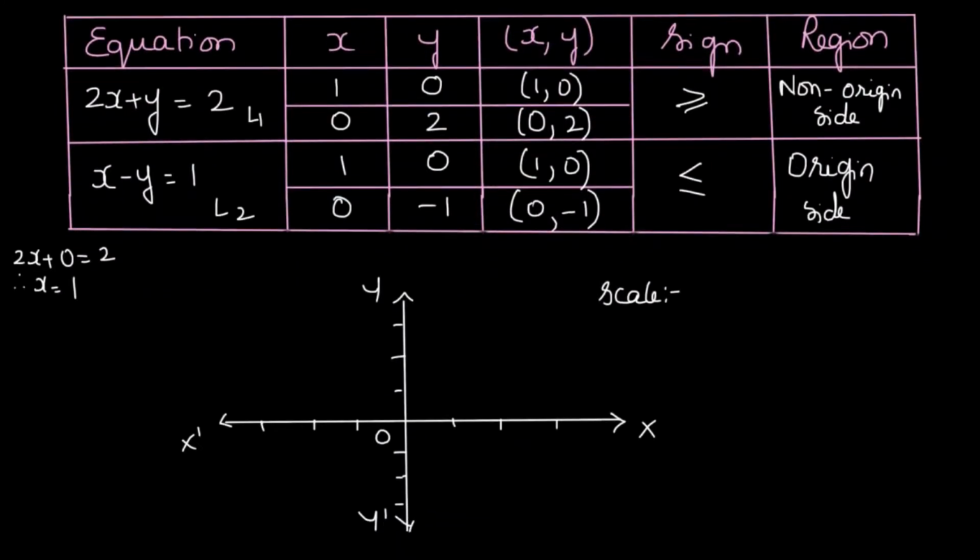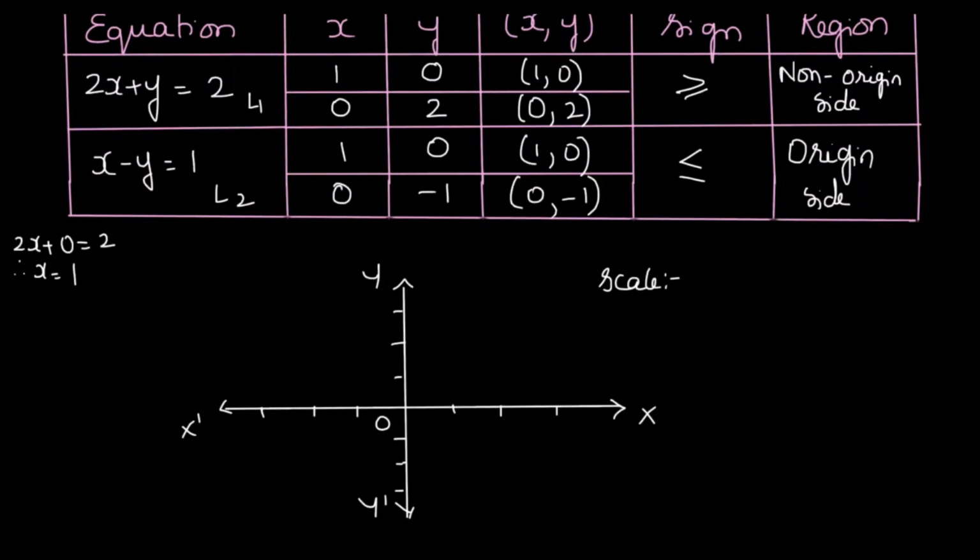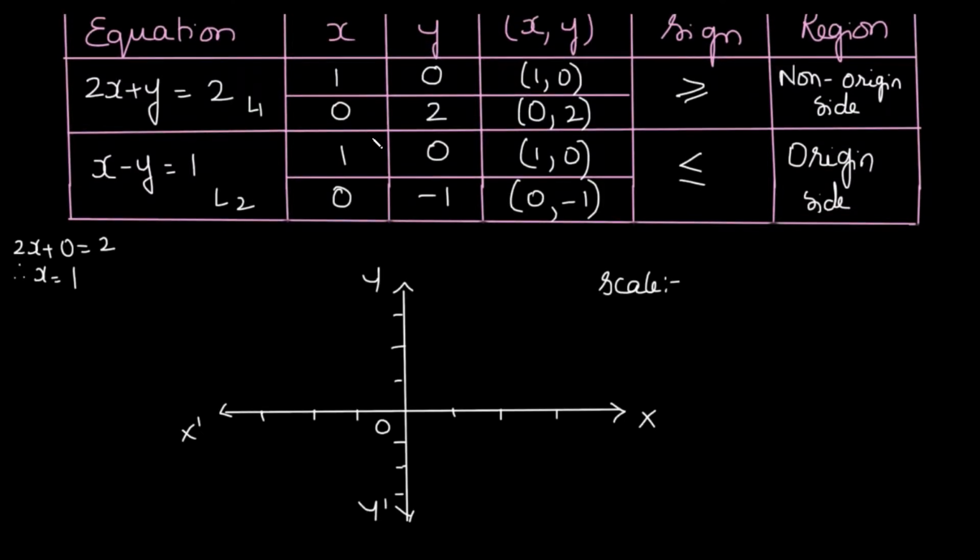So in this case, when we plot the graph, we first of all check what all we require on the x-axis and the y-axis. On the x-axis we only require to plot until 1. On the y-axis we require to plot until 2 on the positive y-axis and until minus 1 on the negative y-axis. This will help you see how much of a graph you require, instead of going on drawing and writing the points up there. Okay, so here we have the points on the x-axis, and similarly with respect to the y-axis.